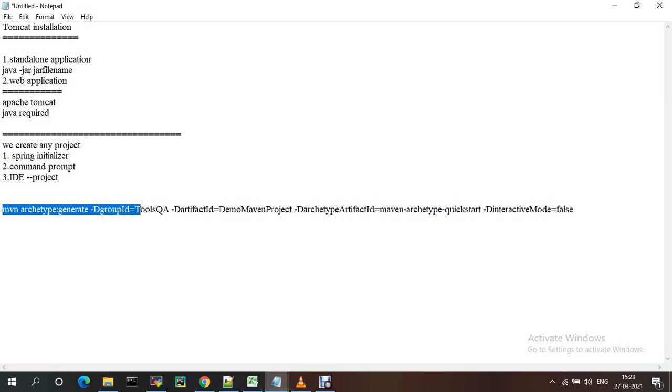Group ID means it is the organization ID. Artifact ID is the project name. The type, whether it is a jar or war file. Interactive mode equal false means that if we don't provide the details, we need to enter them manually.